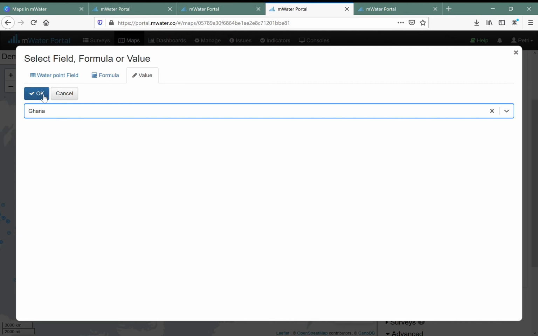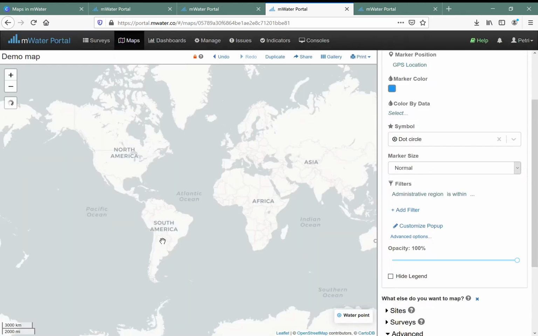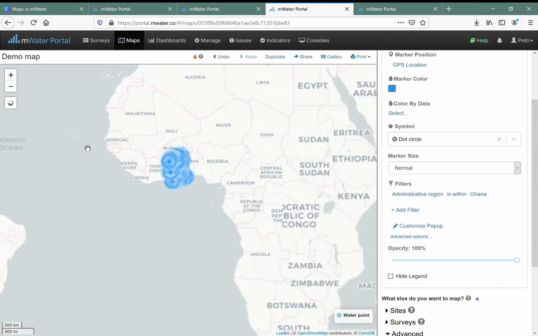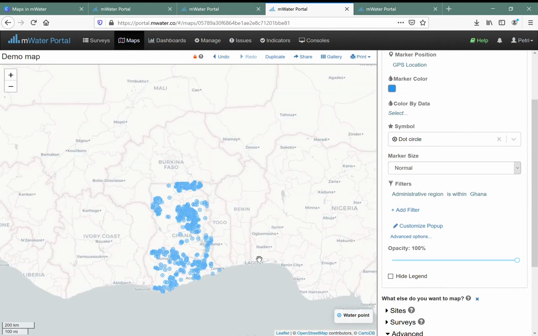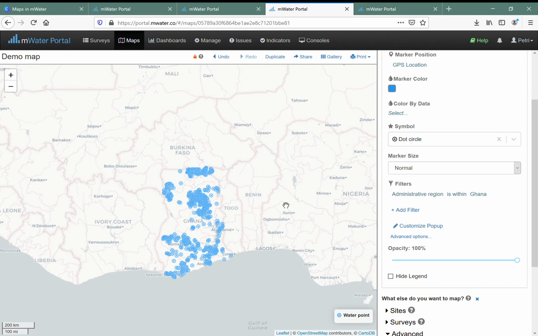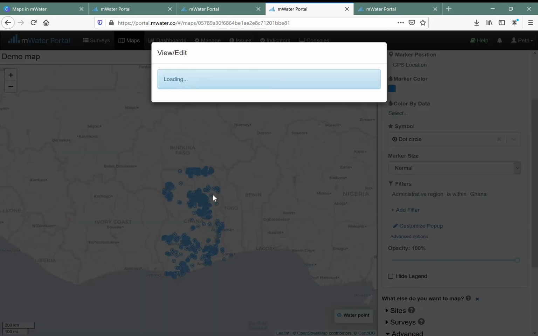and type in the region or country I'm interested in, in this case, Ghana. And we see that the data is now filtered down to only Ghana. And if I wanted to narrow it further, I could keep adding filters. Now, if I click into a single point, I will see the standard mWater site pop-up, which will give things